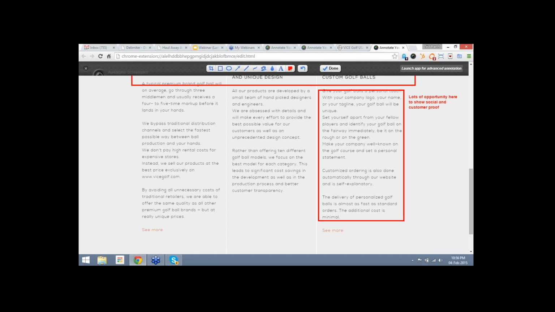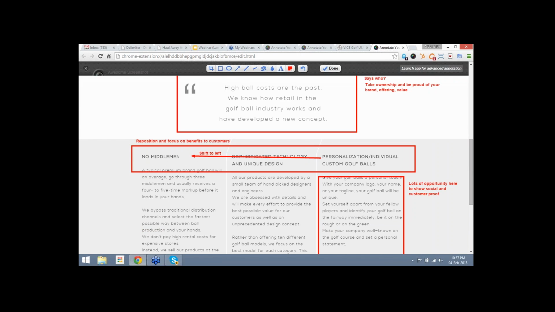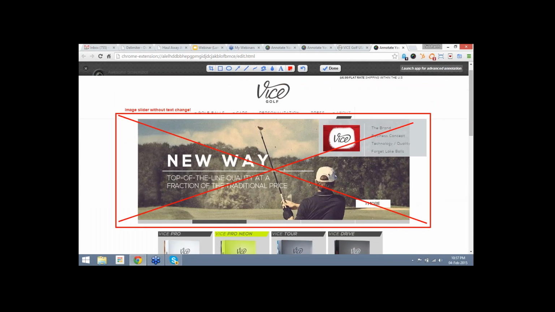So imagine that somebody comes to your page as a visual learner. You want to show them the visual examples of 3 different golf balls that are the same ball with different logos. Some people might be an audio-visual learner, in which case you might have a video somewhere on the page that explains the benefits and the technology, why they should choose your golf ball. Some people might be just into reading, and that's where the headlines and making the great headlines come into play on the landing page. And so that's my biggest feedback, is I think they really need to focus more on